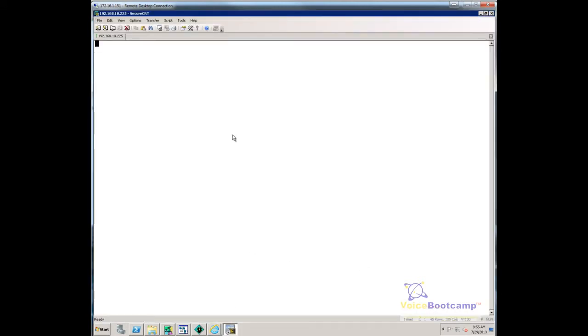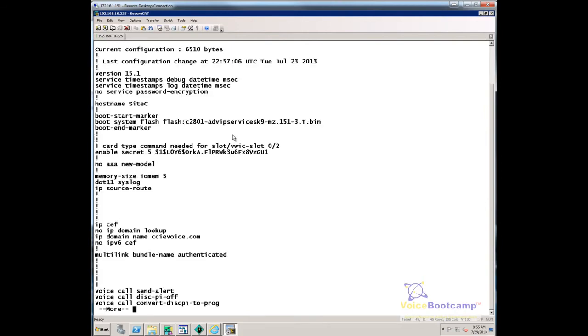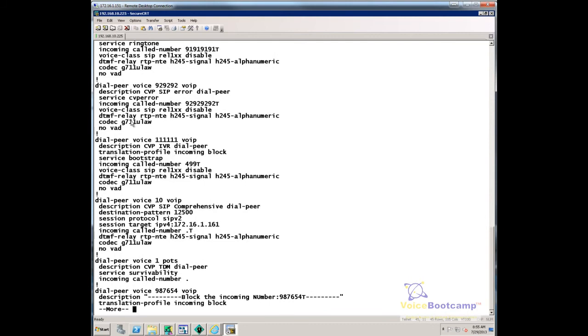So if I go to the gateway, the call will come in and match this dial peer right here, which